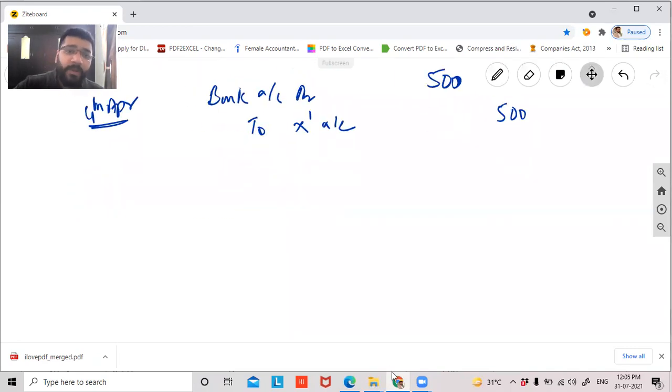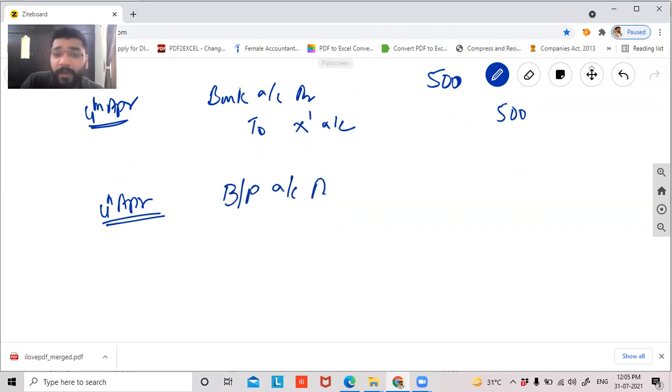Then what is happening, guys? Once you have received the money on 4th of April, you have to finally settle the bill to the bank. When you're settling the bill to the bank, your liability is getting closed. So bills payable account debit. 1,000 rupees is the worth of the bill that is being closed. And what is the mode of settlement to the bank, guys? It will always be through bank. So bills payable to bank.